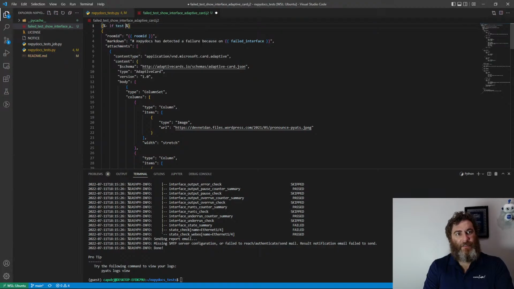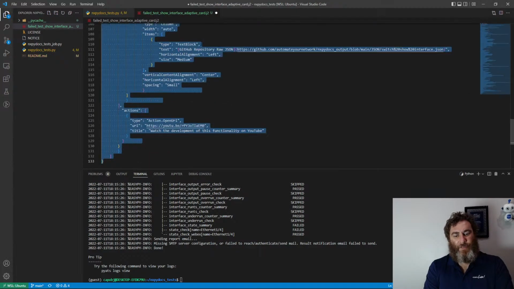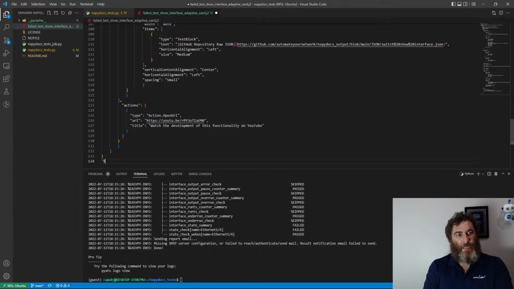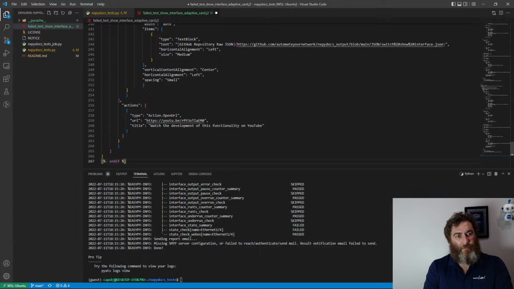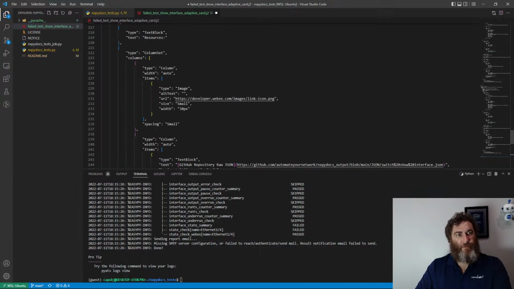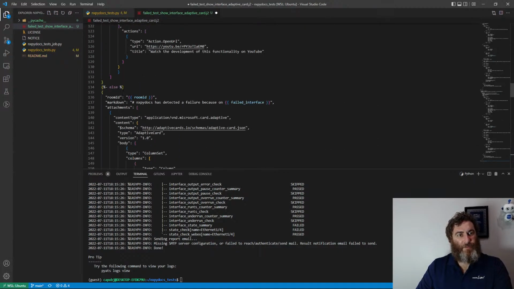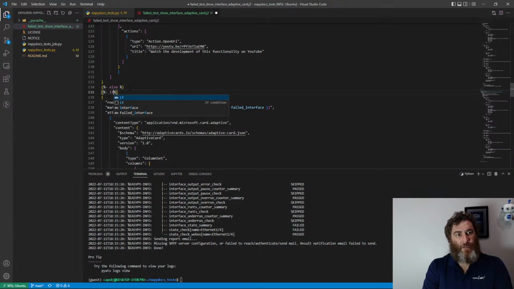If test equals state, and we're going to copy all this. Say, this might be cleaner anyway. Else, and if, else, if test equals Babels, failed,